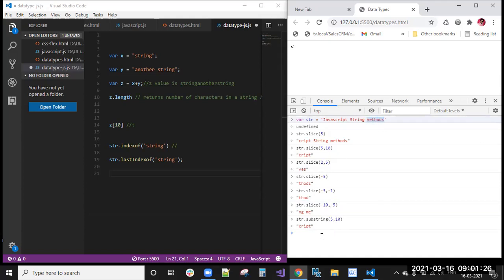That is the difference between the slice method and the substring method. If you write that, the result is nothing, because the substring method will not accept negative indexes, so it returns the whole string.